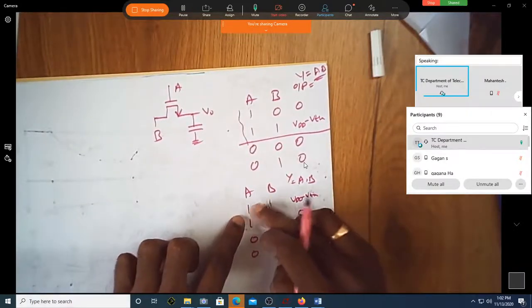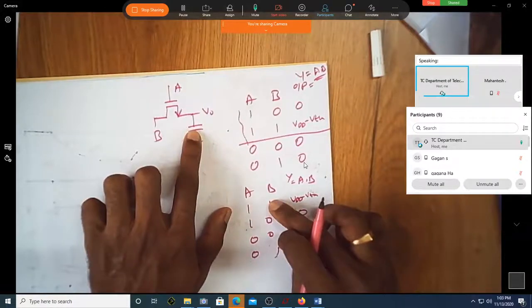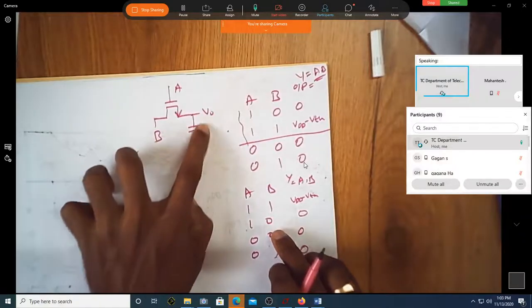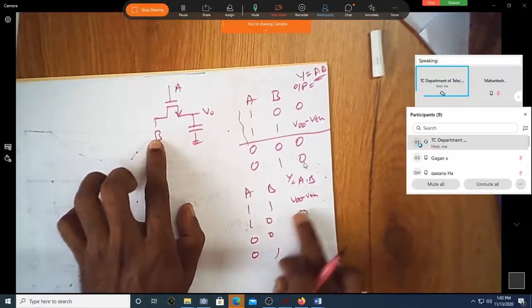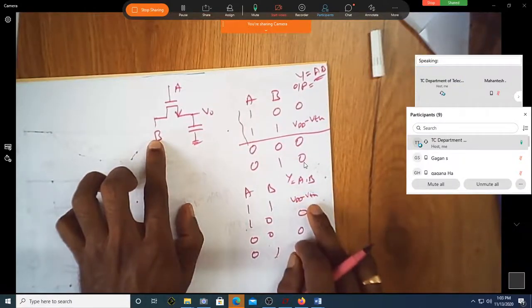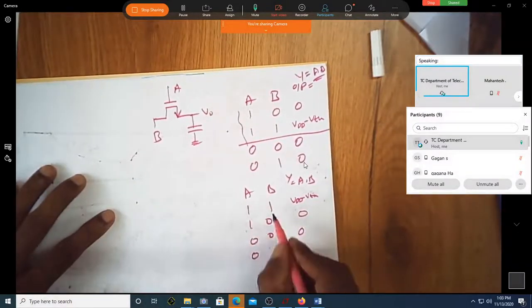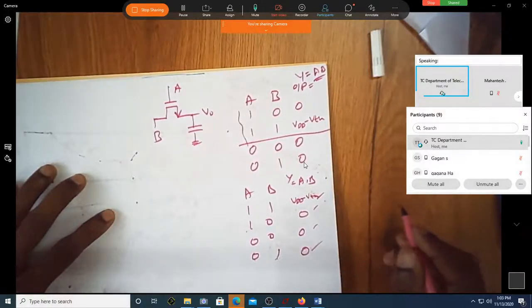So I'm just going by this combination. If it is 1 1, is it VDD minus VTH? This can go up to VDD minus VTH when both are high. If it is 1 and if I make this low, does this entirely discharge to B? Correct? It will discharge, no? Sir, if the combination is reversed, then 0 0, that's what I would want to say. VDD minus VTH. Suppose for this combination, is it satisfying? Yes, sir. This combination is.